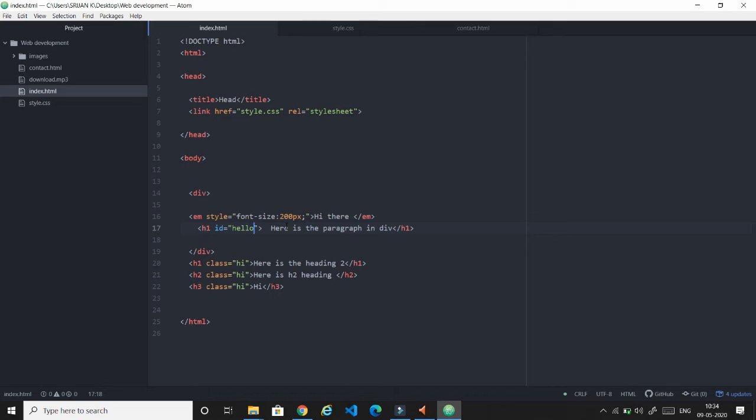Now another question arises: can we have the same name for class and id? I have the class name as hi and the id name as hello. I want to take the class and id name both as hi, so I'm replacing hello with hi. Let us practically see whether it is possible or not.